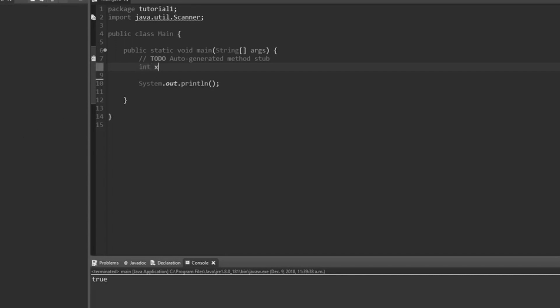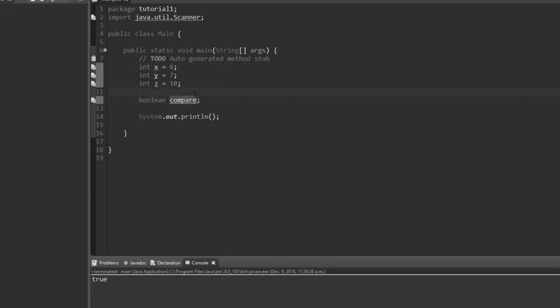So I'm just going to start out by typing a few numbers here because this is the easiest way to compare things to start, and then we'll do some other stuff. I'm going to create three variables that are integers. X is 6, Y is 7, and Z is 10. Now I'm going to create a Boolean variable, let's call it compare, and we'll just set that blank for right now. So what I want to do is compare X and Y and Z using